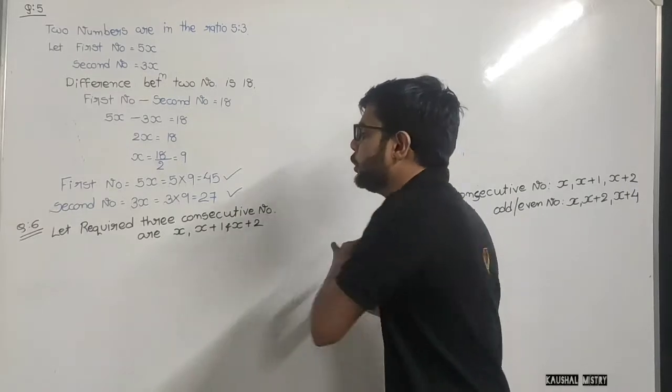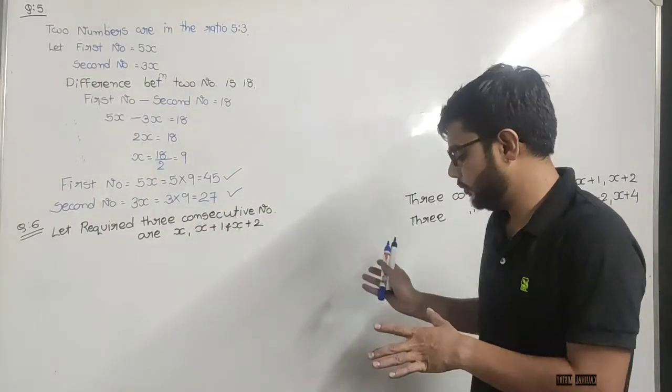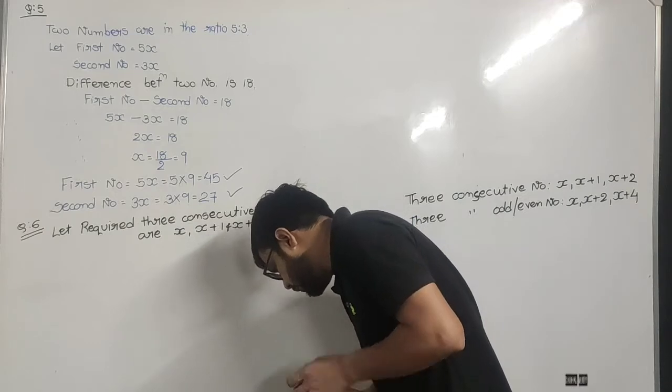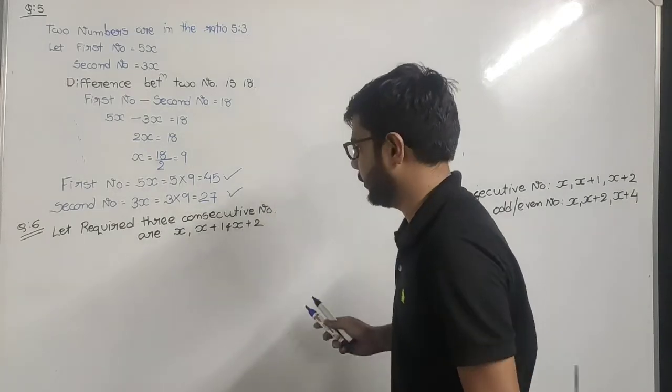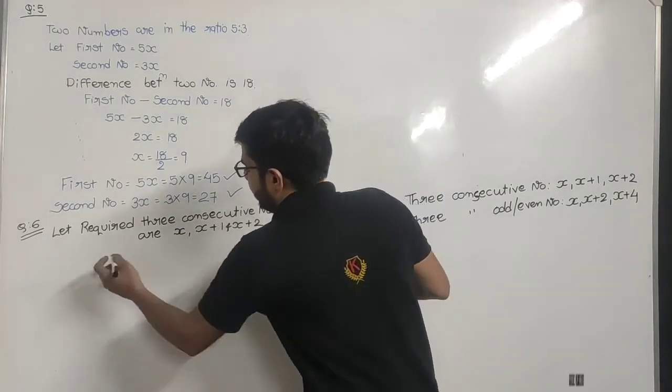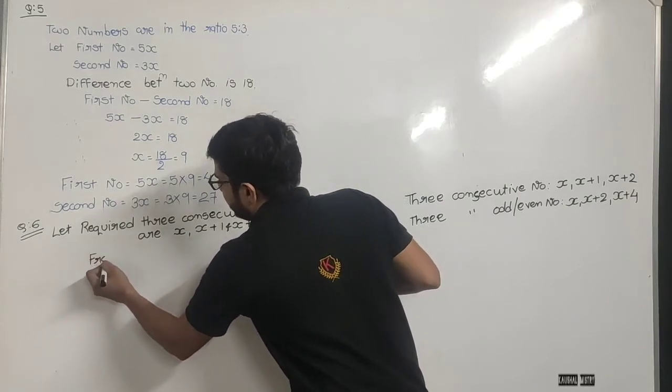Add up to, मतलब इन तीनों का टोटल क्या होता है, 51. That means from the given data we can definitely write